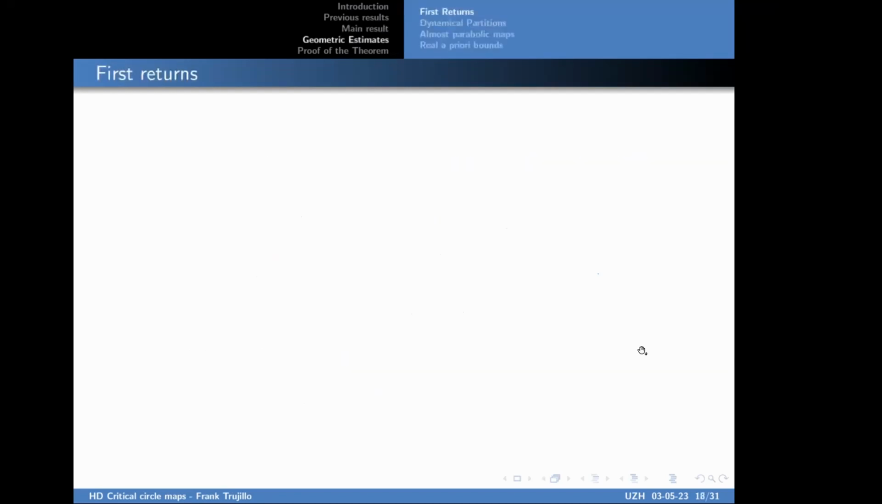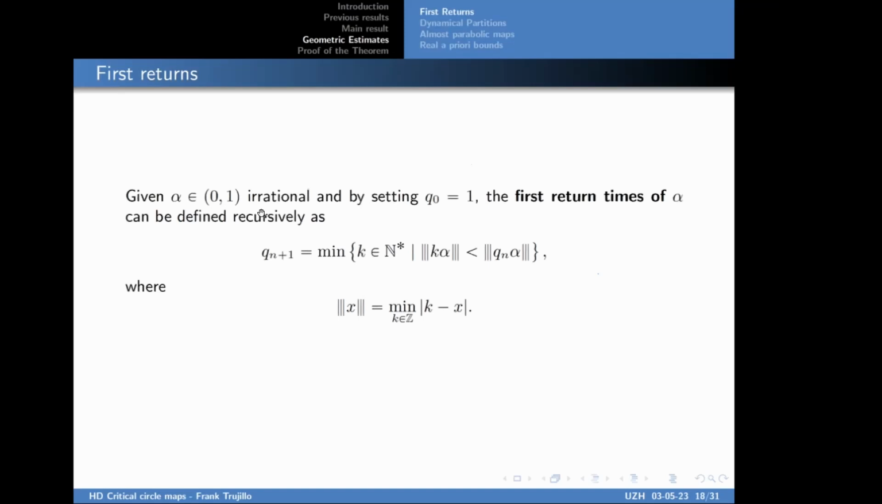So now I will try to tell you a little bit about the proof. The proof will make use, of course, of some very classical facts on circle maps. So I will start by introducing what is called the first returns. Given an irrational number, we define the return map, the return times, as follows. Maybe let me try to make a small picture. I have a circle and I have a point, and I will consider this rotation R alpha. Then I have my point X, I have its first iterate, and I try to